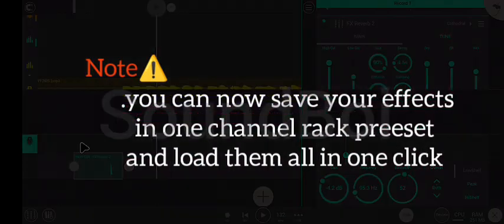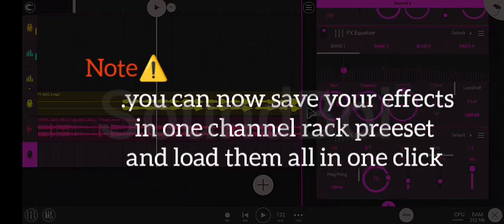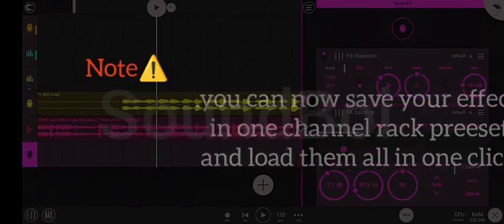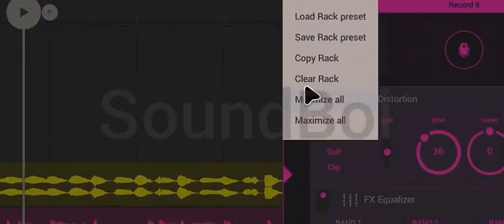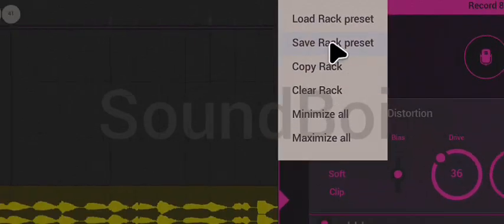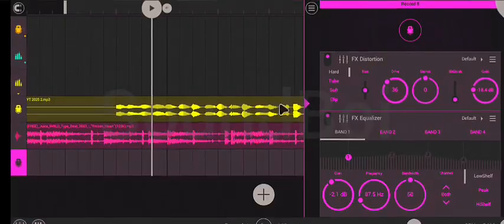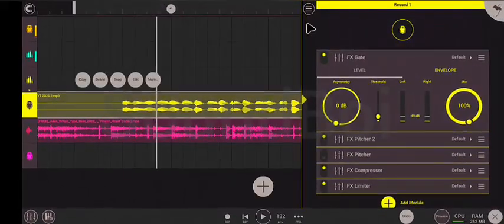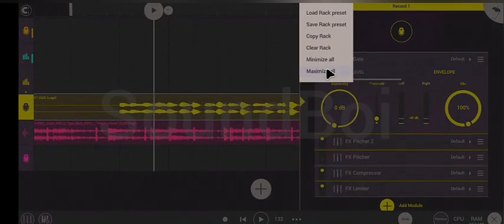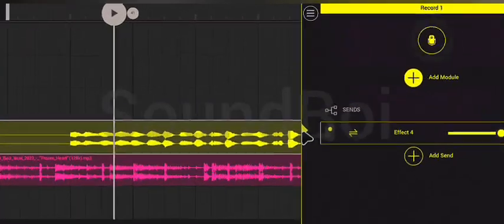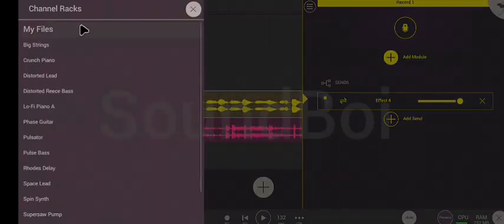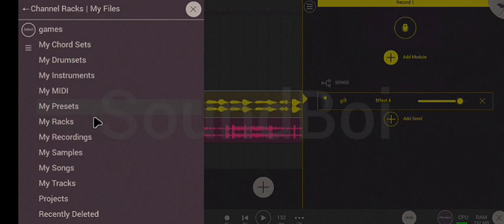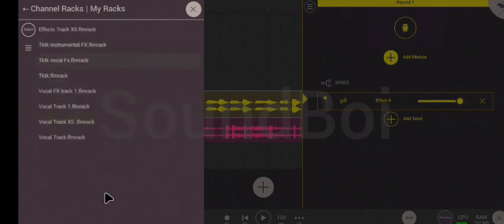That means instead of saving all your presets one by one, now this contains multiple effects. That means you can easily save all of your effects and load them at the same time, right? That means basically if I want to save this out, I'll just click here and save rack presets, and anytime I can load them. In fact, let me clear the rack. That's empty, right? So I come here, I come to load rack presets, I come to my files, I come to my racks, I save this as